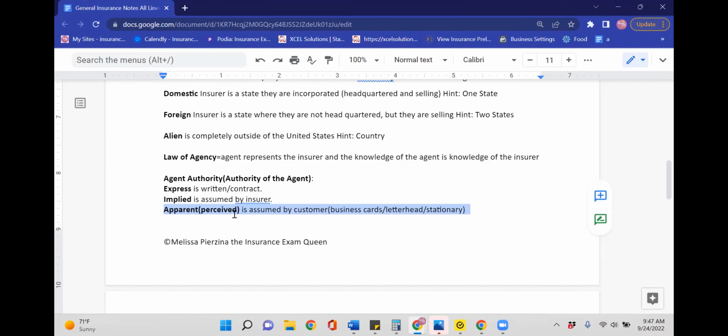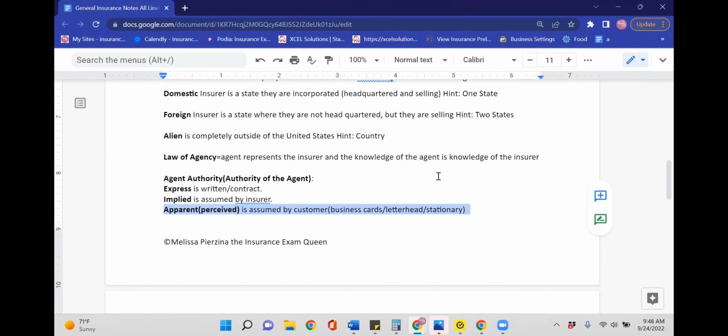And then grandma goes to Vistaprint and she gets these beautiful insurance cards made up because she's so proud of you. And it says Rhonda, licensed agent. And she starts passing them out to her friends. You haven't even taken the test yet. And grandma is passing out business cards that say Rhonda, licensed agent. Every person who gets that business card in their hand is going to perceive that you are a licensed agent, even though you are not.